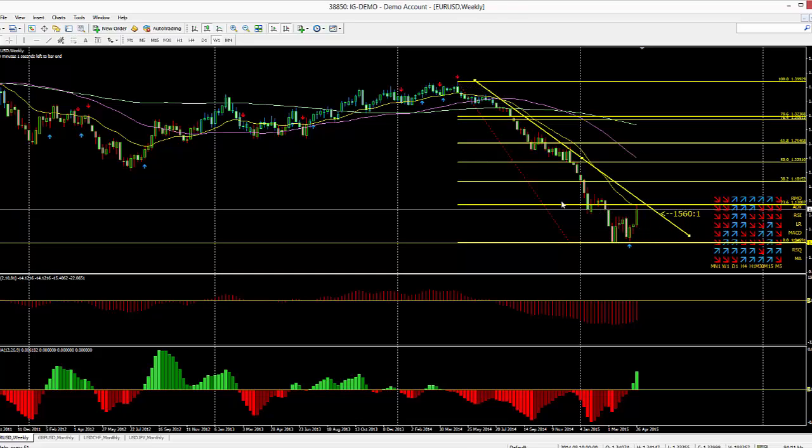So ideally, if we are looking into May for further pullbacks, then ideally we'd like to get above that hurdle, which in this case is the 20-period moving average. And if you look at them weekly, we haven't been above the 20-period moving average ever since price actually rolled over in the early parts of 2014, in fact. So we are now at a crossroad level where something's going to give.